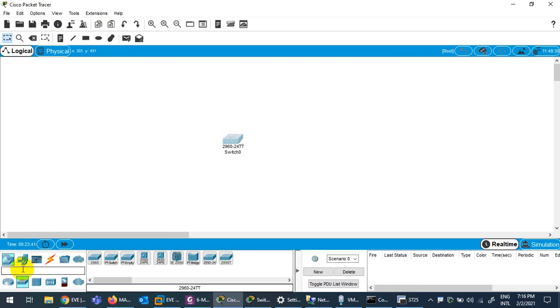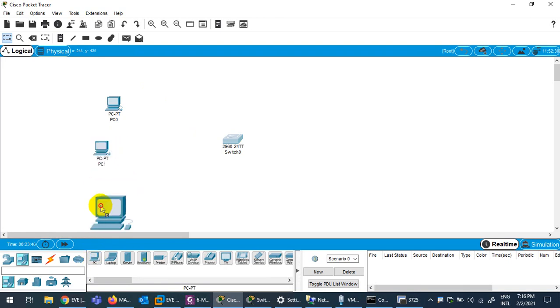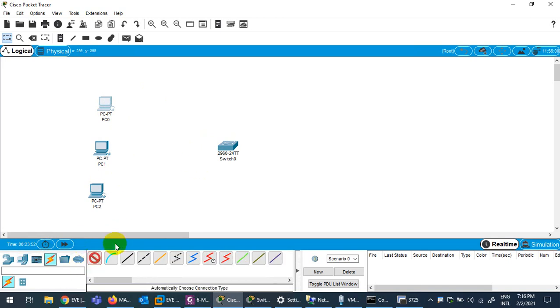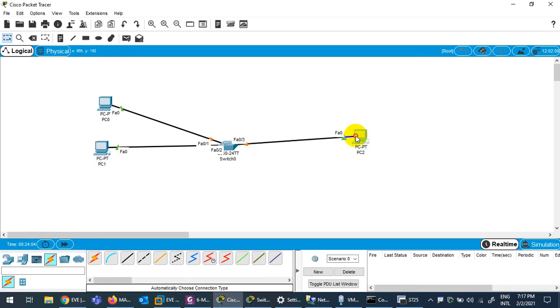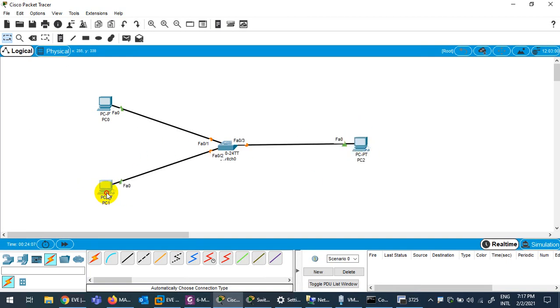And let me get a few systems here. Suppose I have PC 1, PC 2 and PC 3. And let me connect these PCs. Okay, let me put them this way.